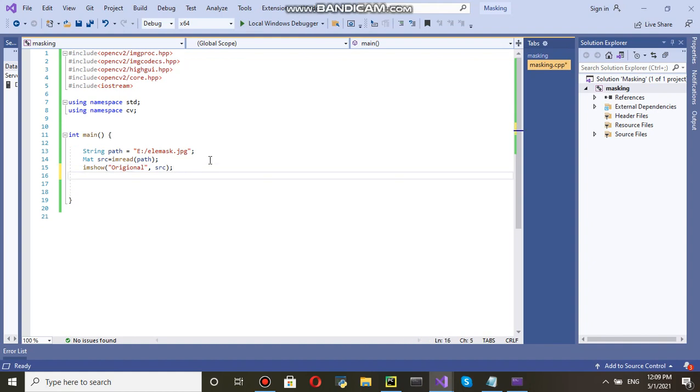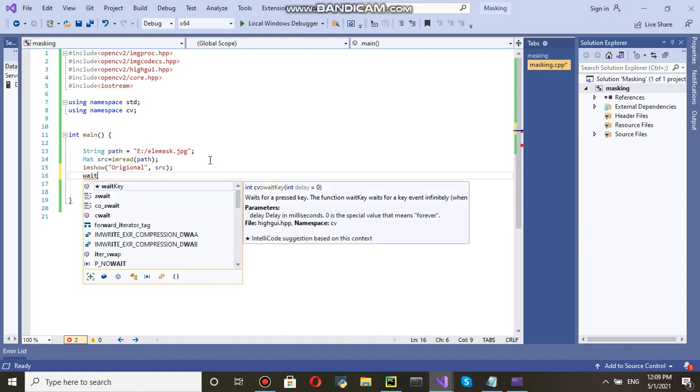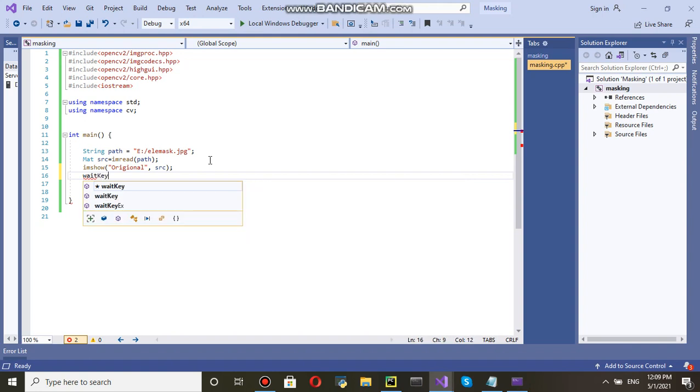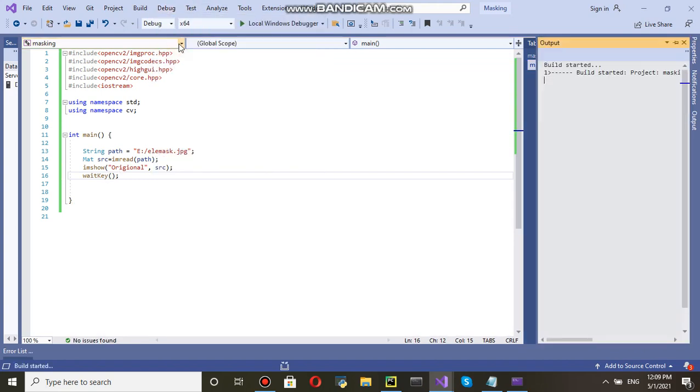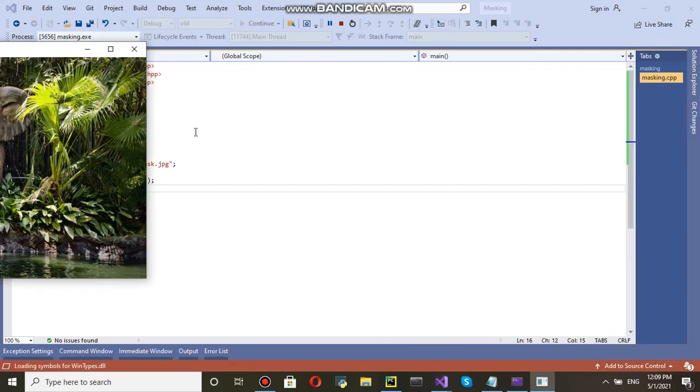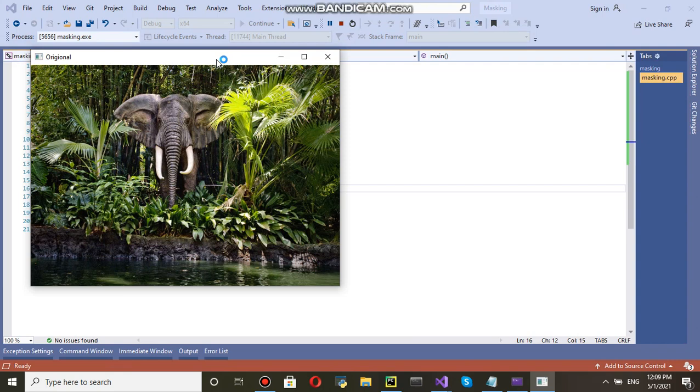Now what to do? Just write waitKey, this one. Control S, save it. Now you will be able to see the original image. It's running, and here is the original image.